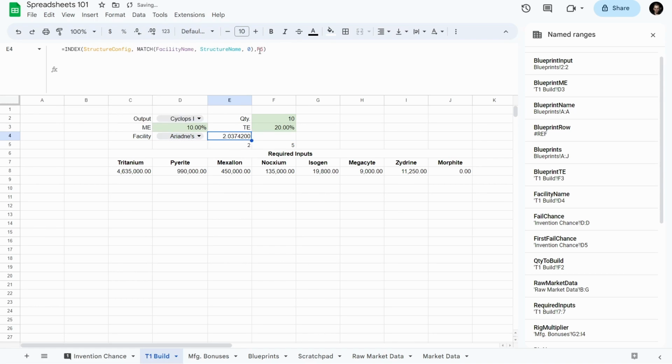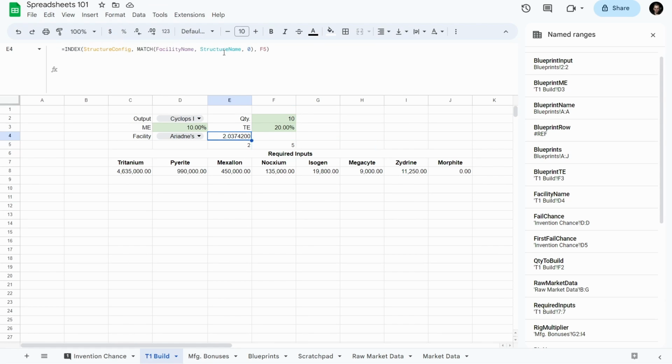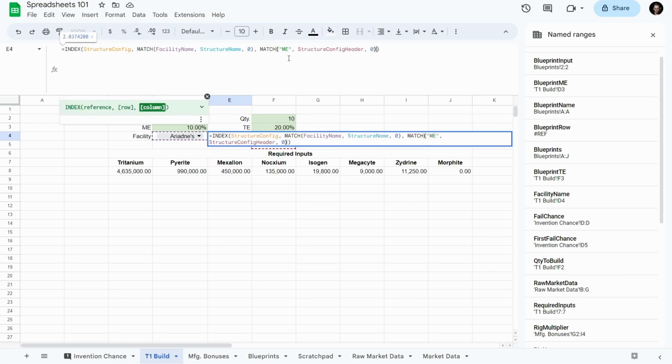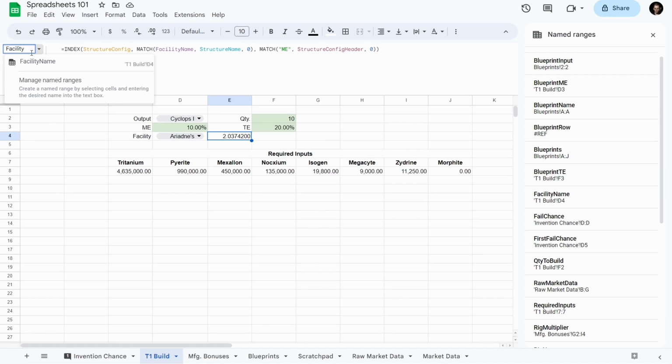Okay, that's fine. And then why don't you like match ME structure config header? You like it now all of a sudden. Okay. Fine. Okay, so now we have facility ME,